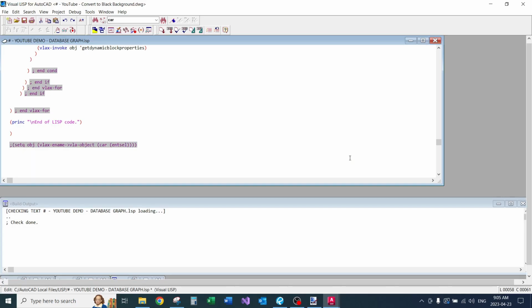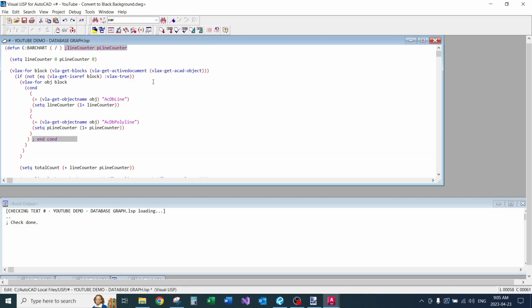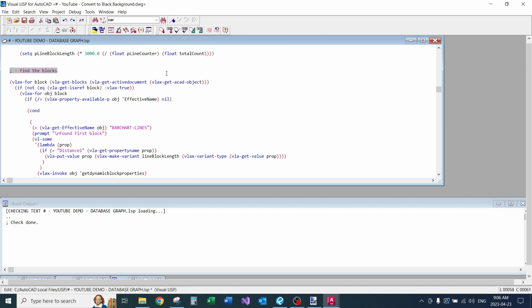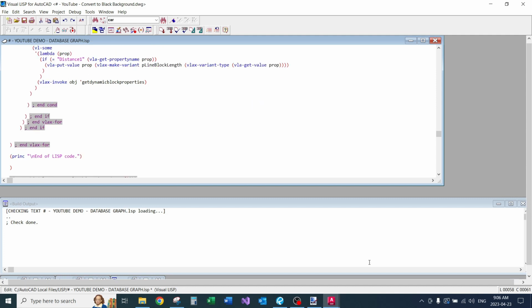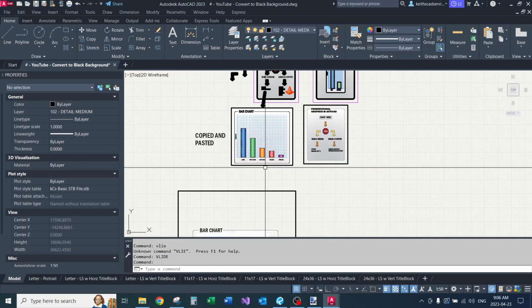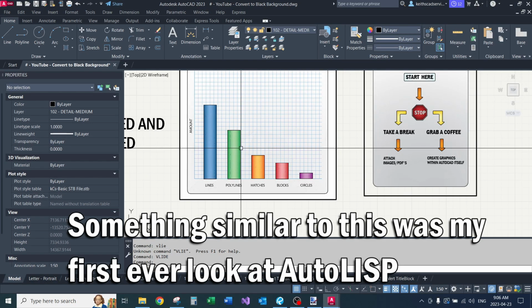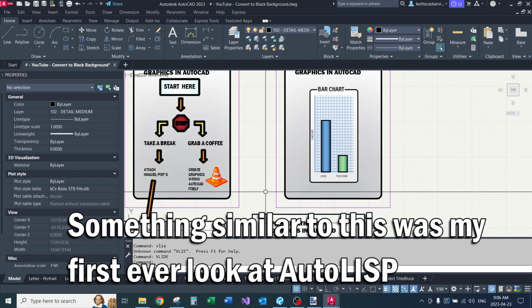Sorry, I'm losing my voice a little bit and also running out of coffee. So yeah, once I get the base code created, this violates some good coding practices, the do not repeat yourself, but I could make better code if I had more time, more coffee. I'll go back into my drawing. And yeah, this is kind of fake. I just whipped it up for the thumbnail for this video, but it would only take me minutes to add,